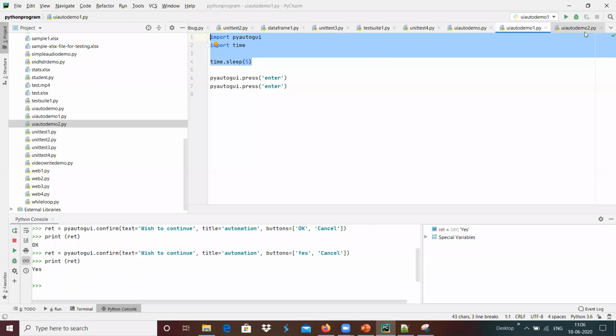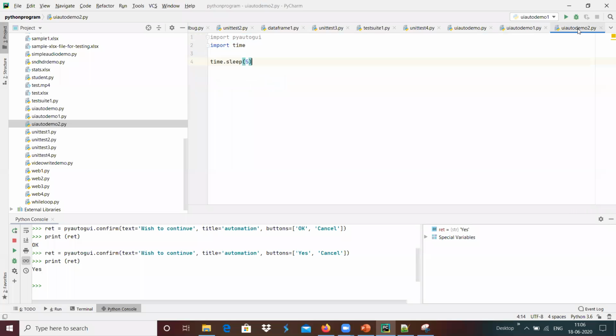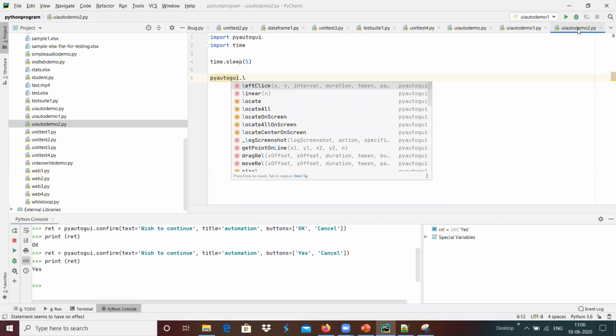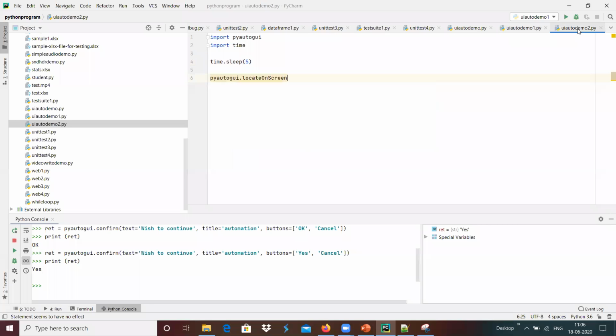I just copy up to 5 seconds over here, and once it is done, I'm going to use pyautogui.locateOnScreen, with the file name file.png over here.